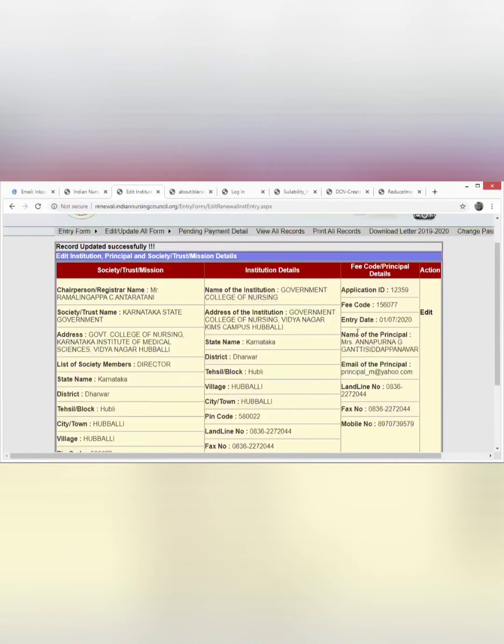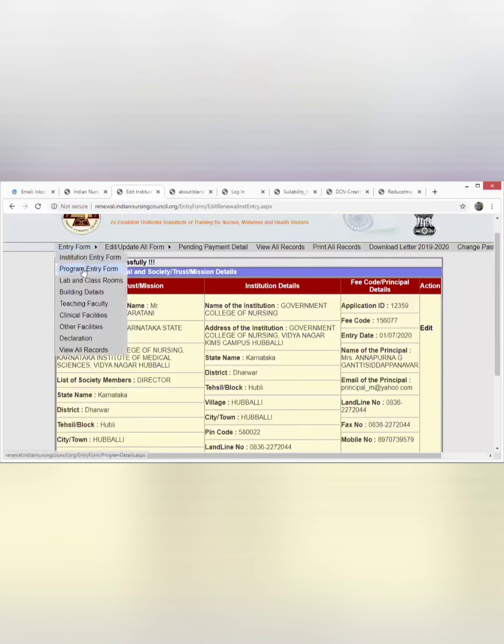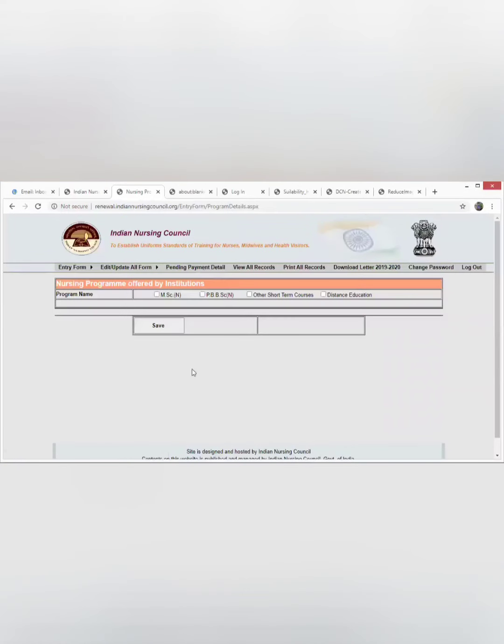For this next program entry form, you can go to it from here, or from the edit and update form also. If you go there, you can see these programs. For example, we had already filled in the BSc, so I have MSc and post-basic BSc. I will add on it.